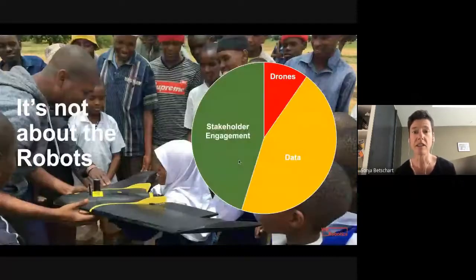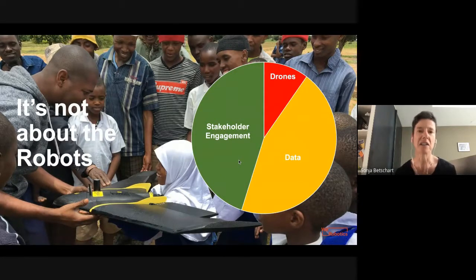And the first one is this one, that it's not about the robots, that it's not about the drones. So I know that the last 4 days you talked a lot about technology. So today we're not going to talk about technology, because in the end, it is not about the drones. So in my project work, and looking at all the work that is done in Flying Labs, we can say with much certainty that if you look at how time is spent for a project, how much time is actually spent with the drones, that's about 10%, which is the smallest part.